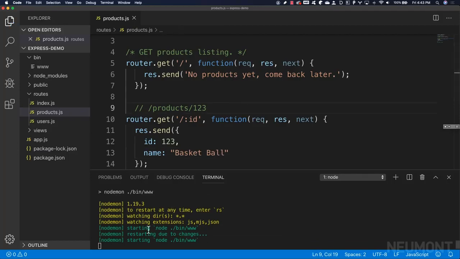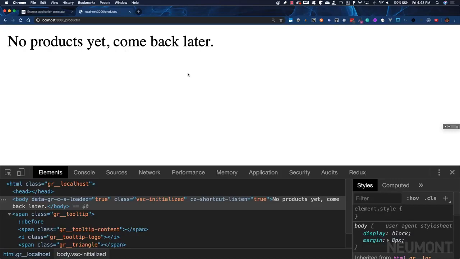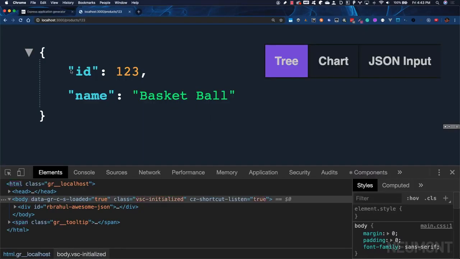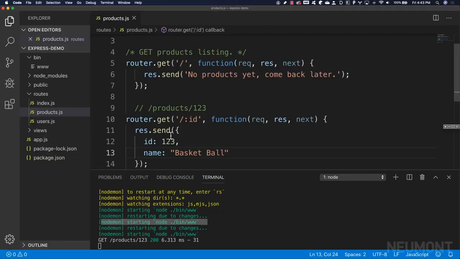And if you notice, when I clicked save, you could see that this was the original node process being executed. Well, I made those changes and I saved, and because Nodemon noticed the changes, it stopped the server and then restarted the server using that same command again. So if we come over here and do products/123 and hit enter,